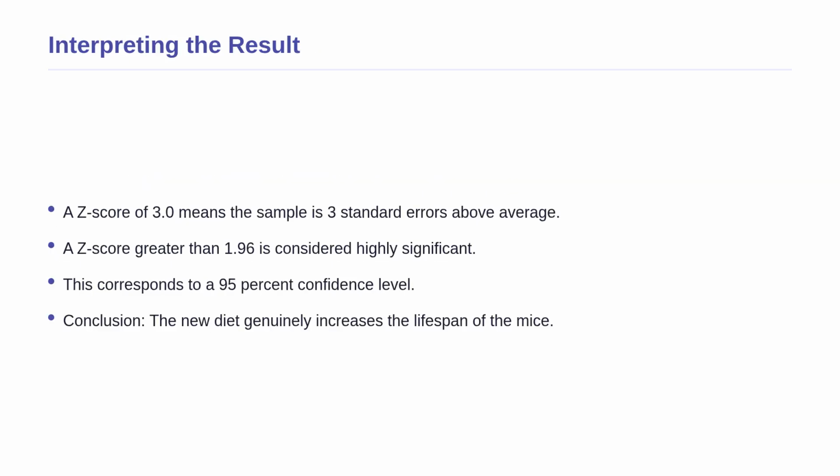So we have calculated a z-score of 3.0, but what does that actually tell us? In statistics, we use standard critical values to make our decisions. For a standard 95% confidence level, any z-score greater than 1.96 is considered highly significant. Because our calculated score of 3.0 is much larger than 1.96, we can confidently conclude that the 1.5-month increase in